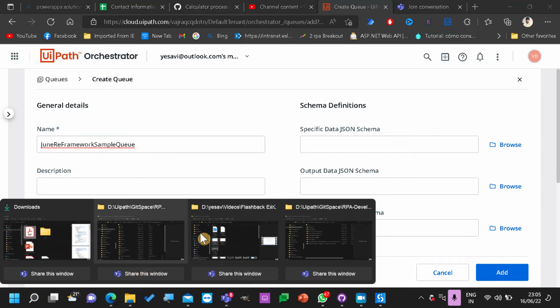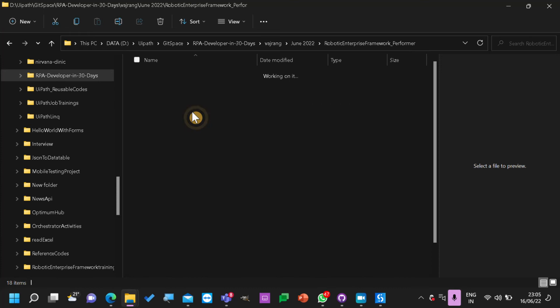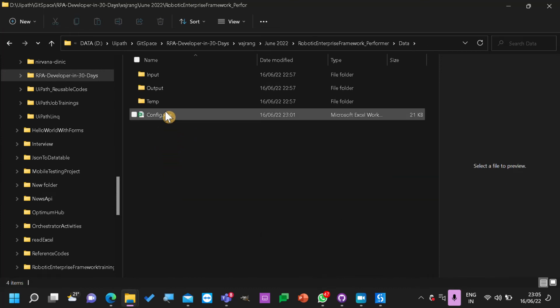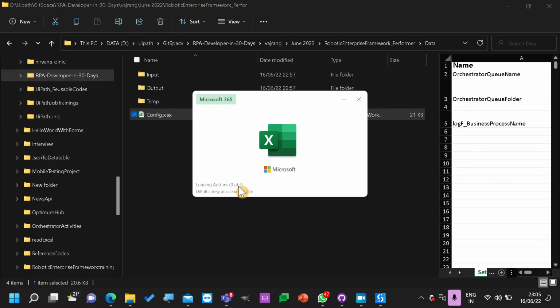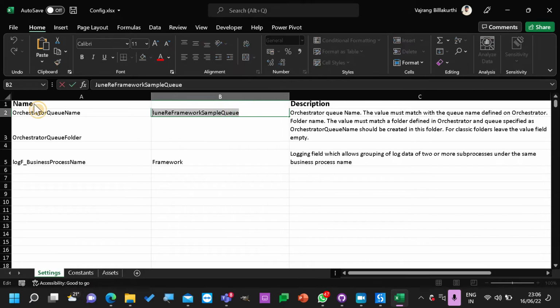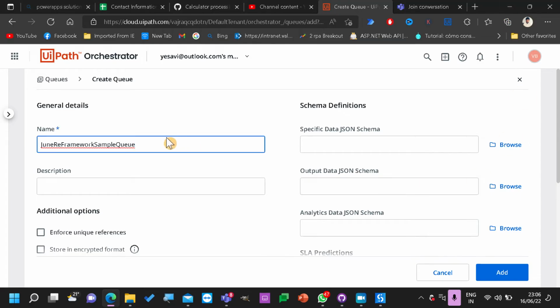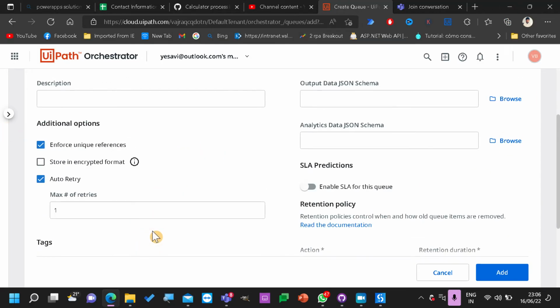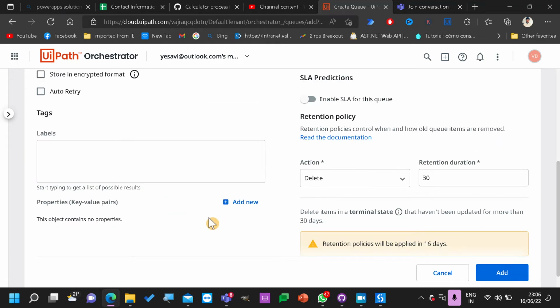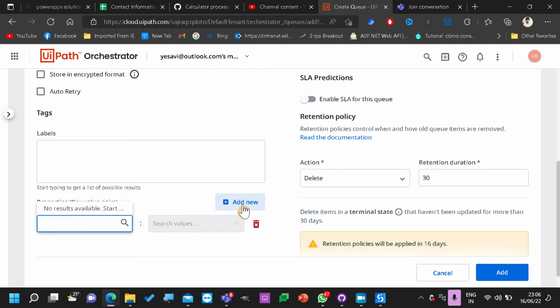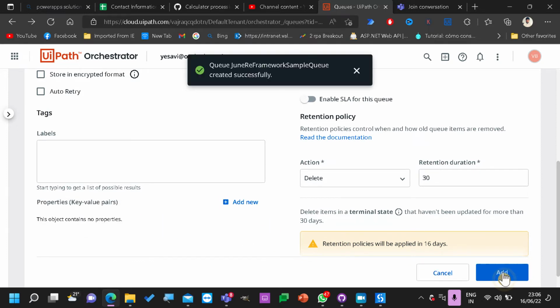I'll open my sheet and confirm if it is correct. Jun framework sample queue. Okay, and enforce unique references. So when I am enforcing unique references, let's see how things will happen. Add new properties.